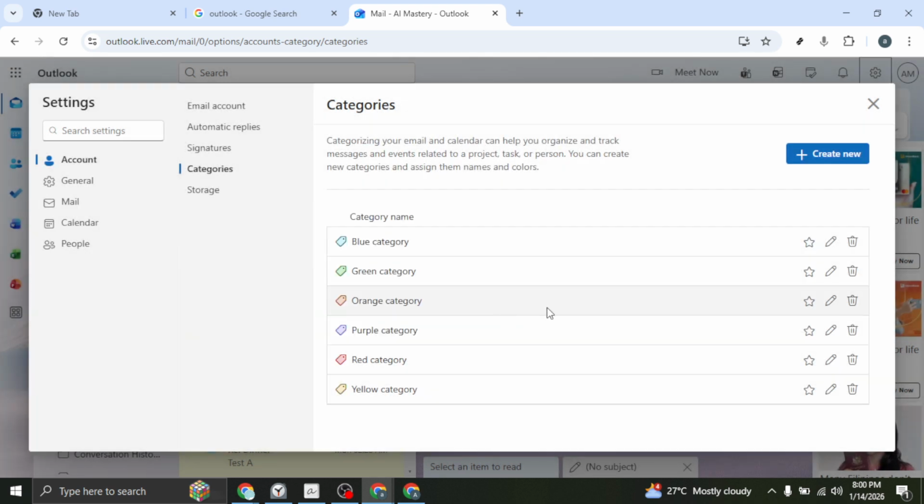That's all there is to it. You searched for Outlook, opened the site, clicked the gear icon, went into Account, opened Categories, and used the trash bin to delete the ones you no longer need. With a few clicks, you've reduced clutter and made your labels more